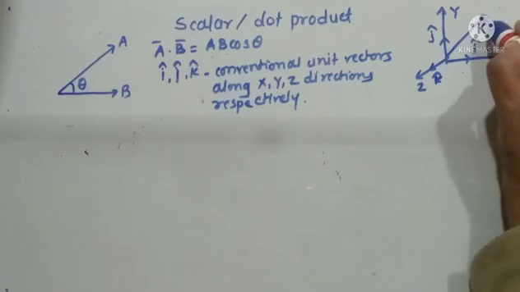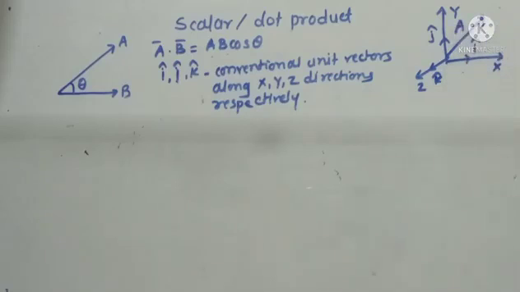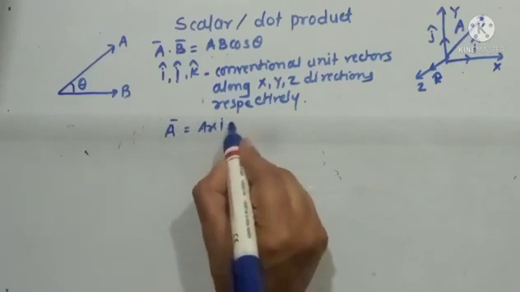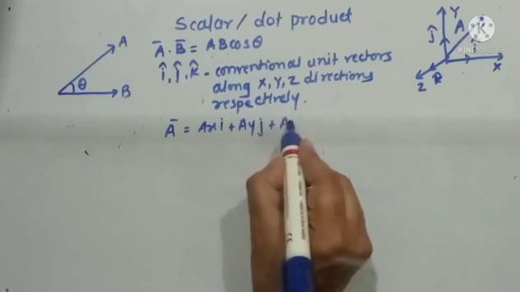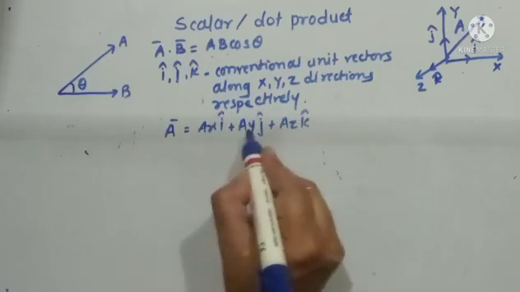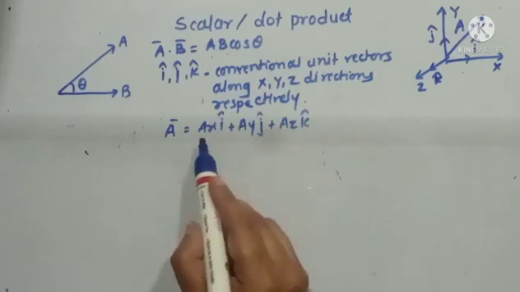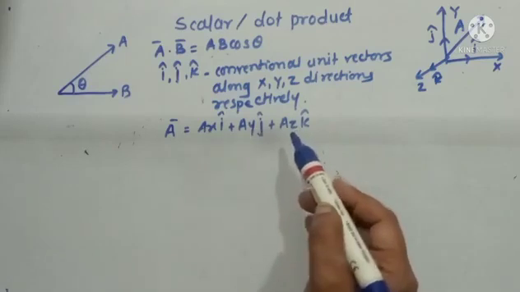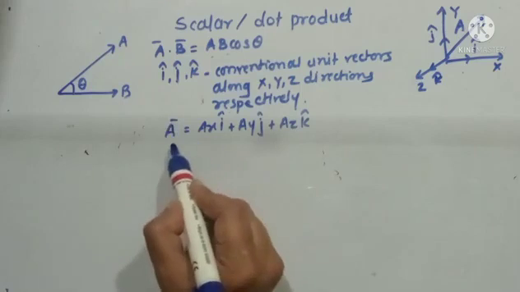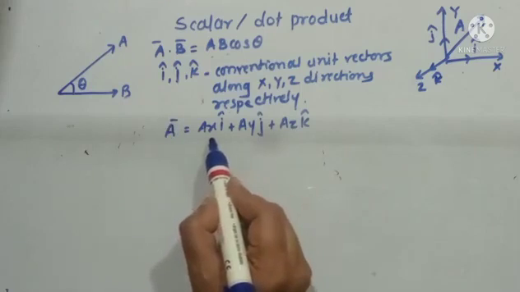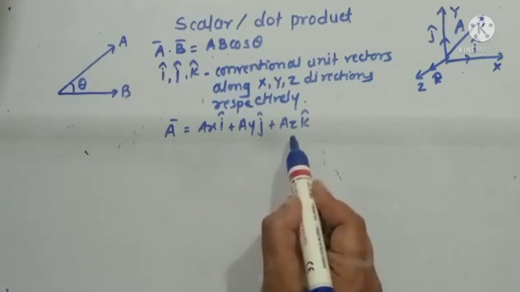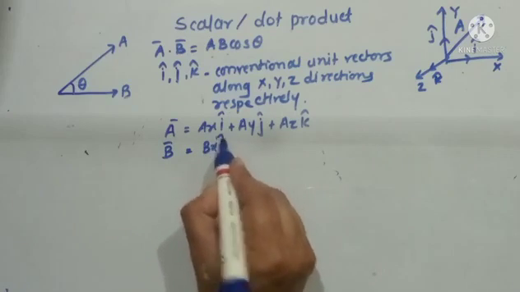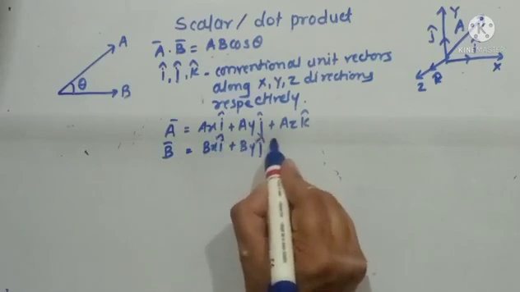Now suppose I have any vector A. Any vector A in a three-dimensional Cartesian coordinate system can be given as AxI plus AyJ plus AzK, where i, j, k are the unit vectors along x, y and z directions, and Ax, Ay and Az are the magnitudes along the x-axis, y-axis and z-axis. Therefore, any vector can be resolved into its perpendicular components as AxI, AyJ plus AzK. Now if I have another vector, vector B, as BxI plus ByJ plus BzK,